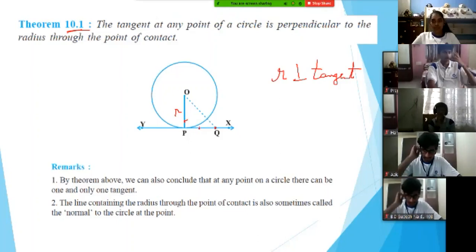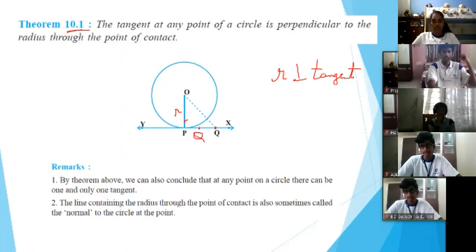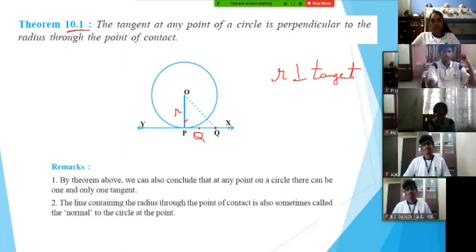I said, suppose this is my point Q, any point Q. Suppose I say that the circle passes through the point, so P is the point of contact of the circle and Q is also a point of contact of the circle and the same tangent. That's not possible. That is why we take any other point Q which will be lying on the tangent but not on the circle. Fine with that? Now, how do we prove that OP is perpendicular to XY?